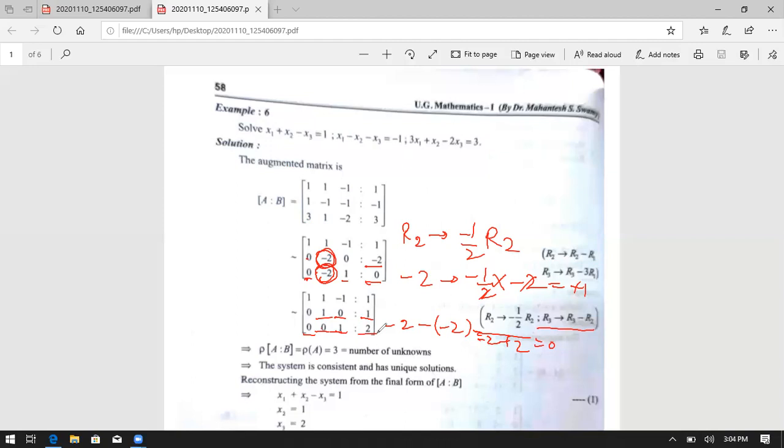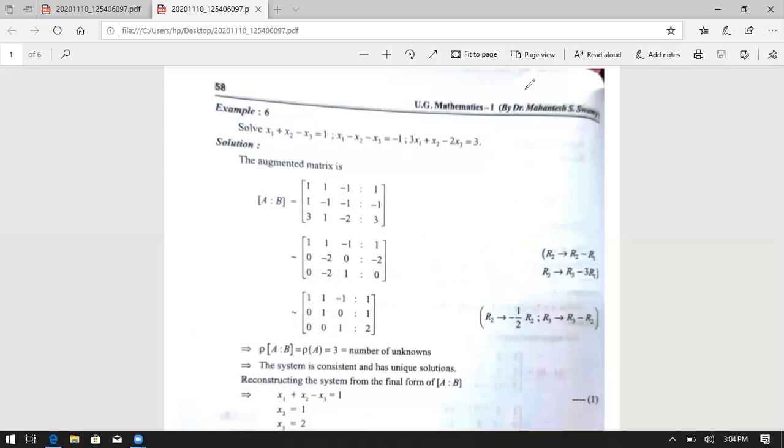Okay, now finally come to here. First one is unity. After that the leading is 0 0. Next, see here, this first one is unity. The leading is 0 0. Then the second element is also unity. The leading means the element below is 0 0. That is echelon form.